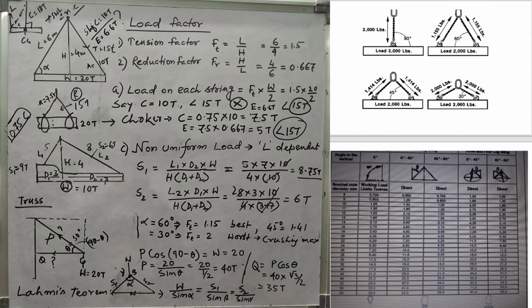Also, sometimes a load is lifted by means of fixing channels and pulleys. Here 2 channels are fixed at 30-degree angle to lift a load of 20 ton. The sharing of load on the channel will be like this. The vertical of the load will be 20 ton equal to P cos (90 minus theta), from that P will be 40 ton, and horizontal component is Q equal to P cos 30, that will give you 35 ton. Like this, we should know load sharing of different parts and gears when lifting a heavy load.